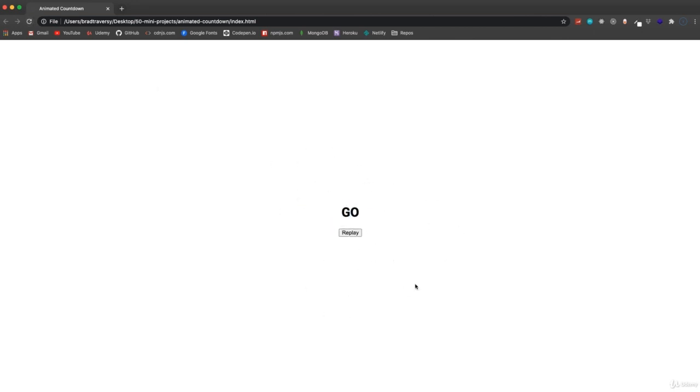We just have a very simple screen here, but this could be your website or whatever, and we can just click replay to make this keep happening. So what we're going to do here is deal with CSS animations, keyframes. We're going to be using the transform property with translate, rotate, scale, and then we're going to use some JavaScript